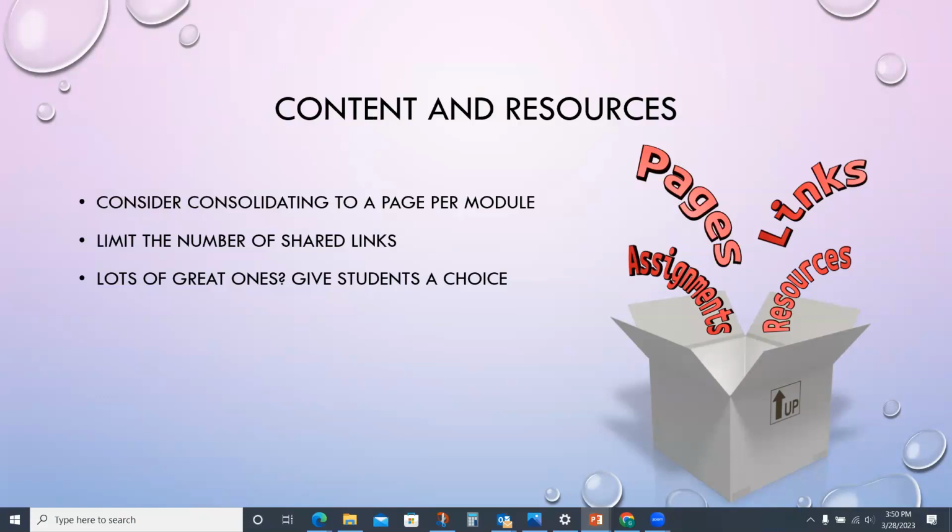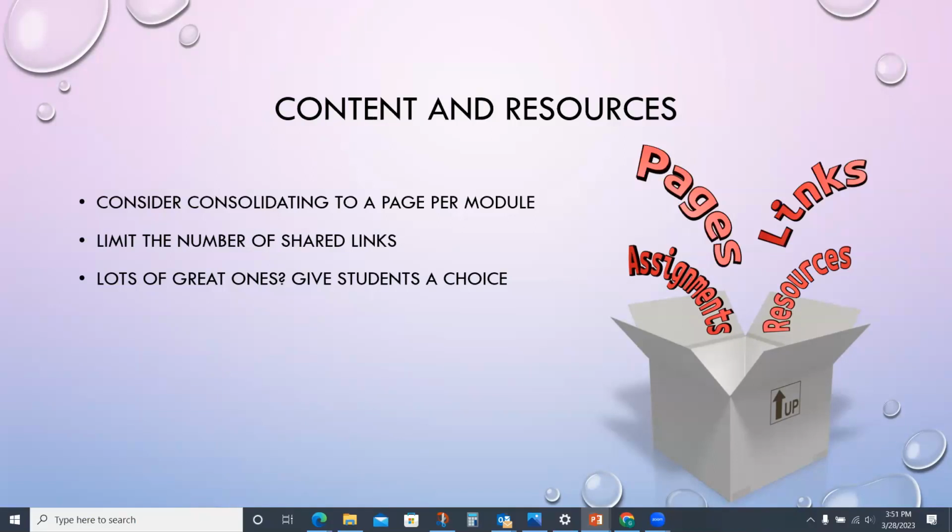So you might think about consolidating all of your resources for a module to one page, and you can put links to resources, you can put links to assignments, you can put external links in a page, just to help students to find everything they need in one place.